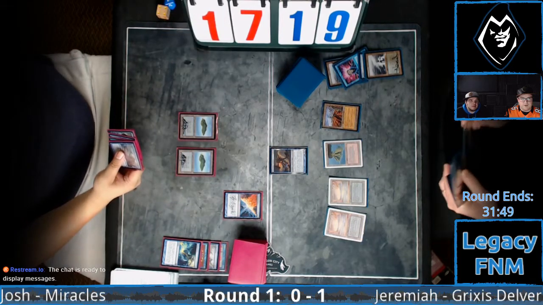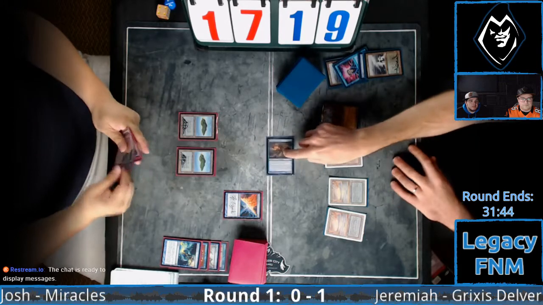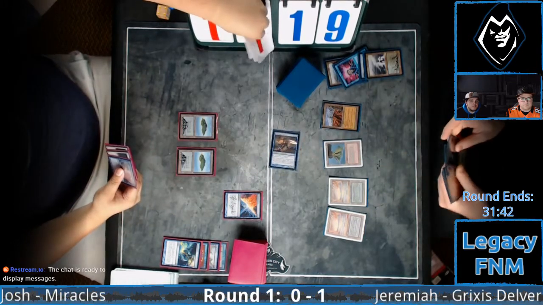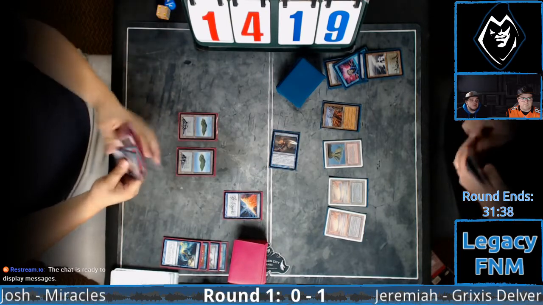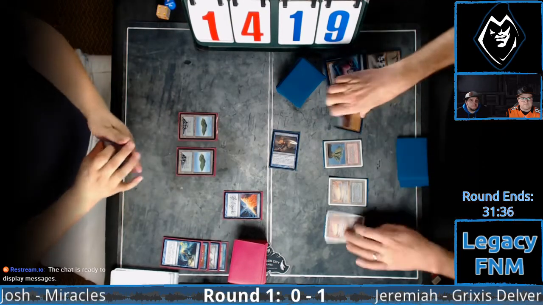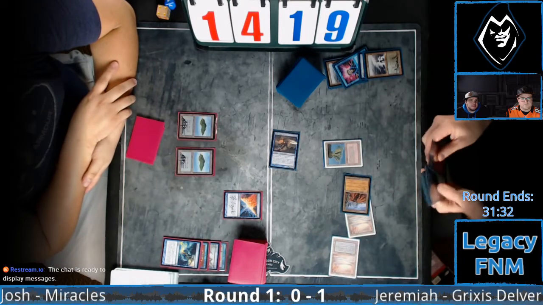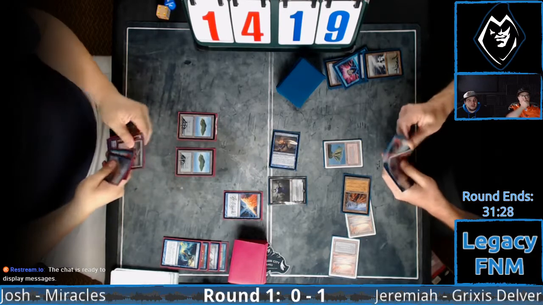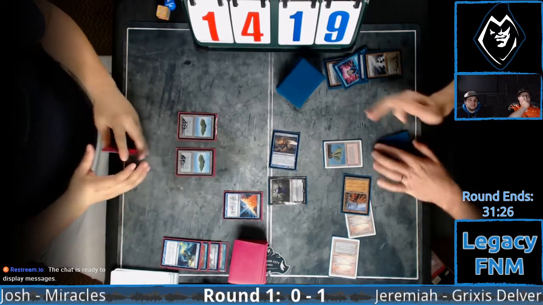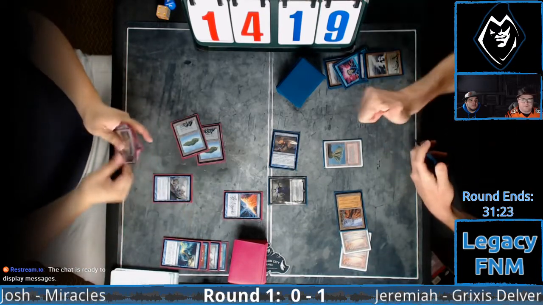Looks like Josh's plan is just to think twice here and take another 3. Yep. Not much to be done. Down to 14. If this is a second True Name, or Liliana, that might be worse. That's pretty good, yeah. Yeah, that might be worse for Josh. All right, so